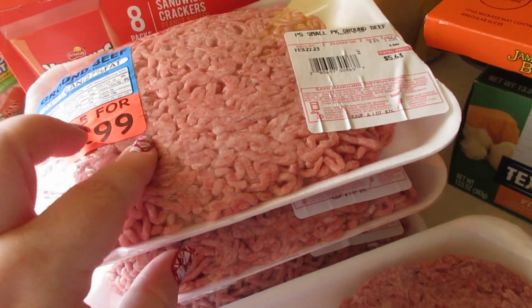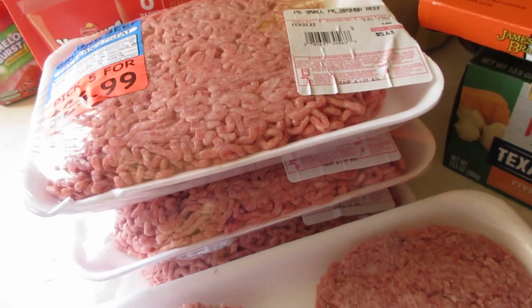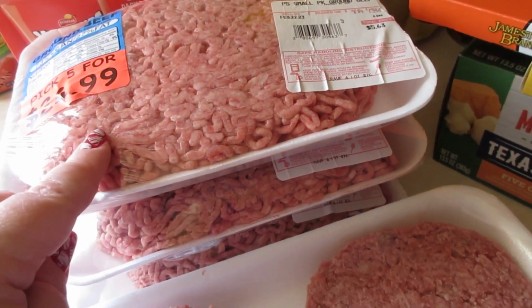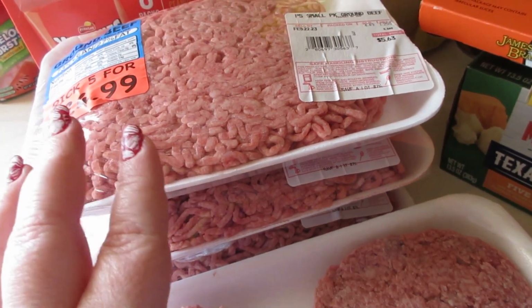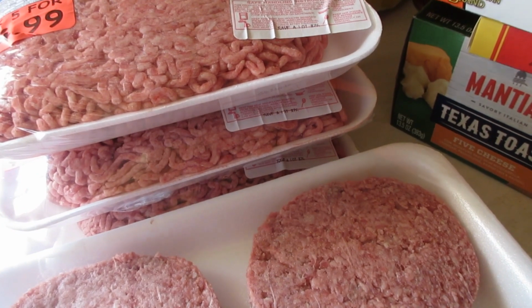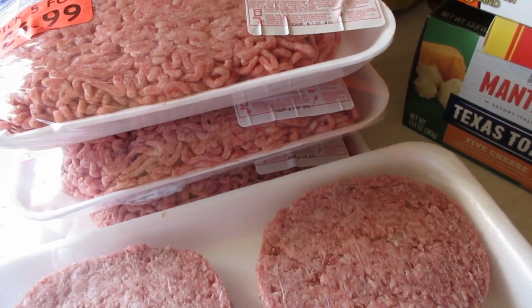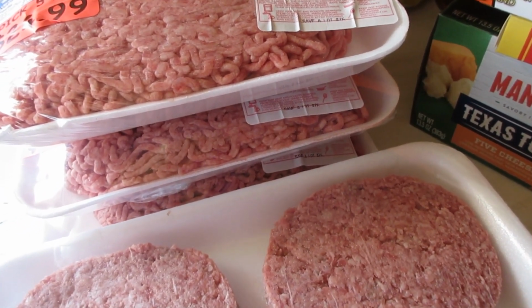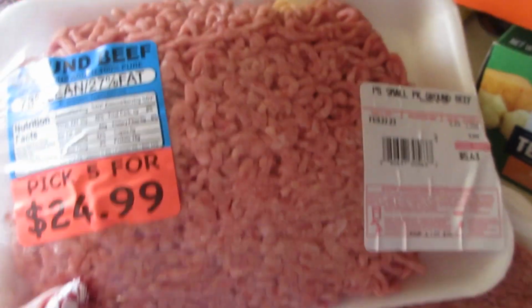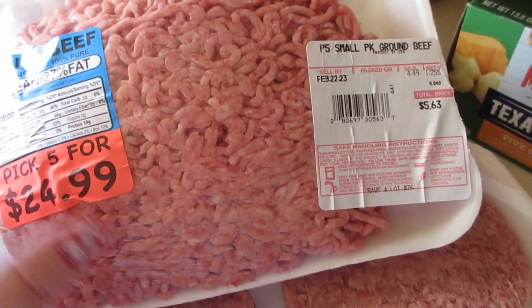And last but not least, meat. Did a 1 pick 5 today. I already picked up my chicken breast from Walmart, and I got 2 large packs with 6 breasts in those. I divvied those up and made 6 meals out of those already. Done that. So I needed ground beef, so I picked up 3 ground beefs